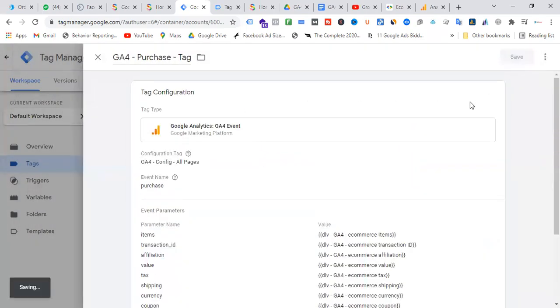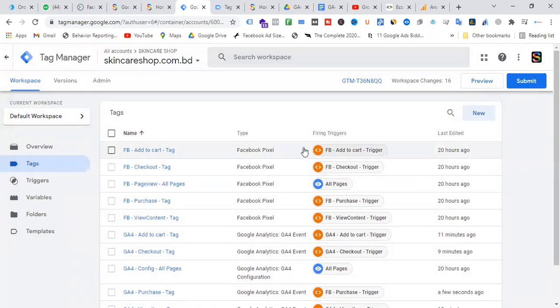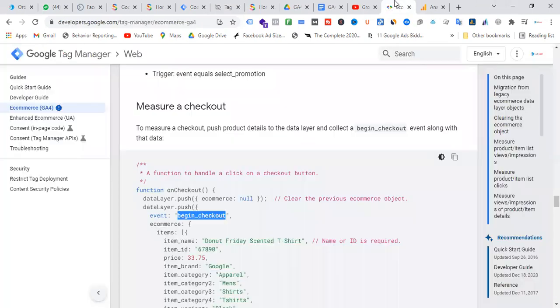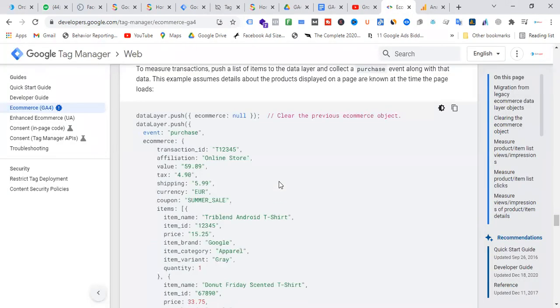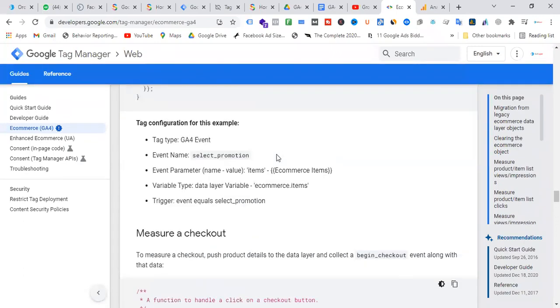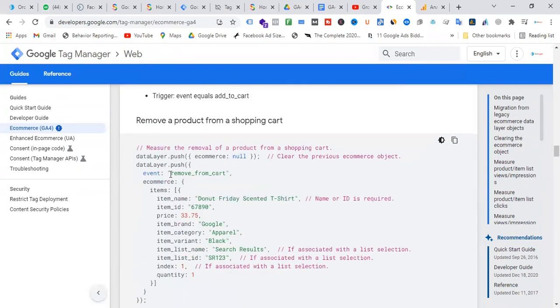Okay. So this is the e-commerce tracking, and this is an advanced level job, you know. So this is e-commerce tracking using the GA4 schema. We can do it that way, and you can do anything. If you want to track checkout, purchase, as well as refund, you can check refund. If anyone removes an item from the cart, you can also track that. So you can track how many people remove from the cart.